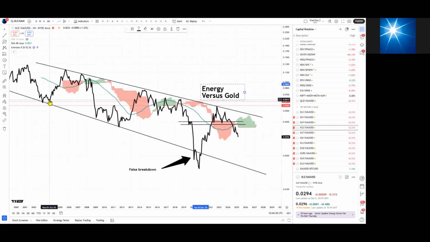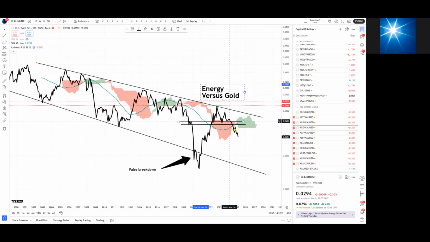Notice that during the last gold bull market, the ratio dropped for the first couple of years, but then it rose quite rapidly. So during the gold bull market, energy had its time to shine. Energy, of course, being one of the sectors that in a precious metals bull market is likely to outperform at some point. So energy actually outperformed gold for a while, and then it went sideways versus gold, and then it dropped again. And towards the end of the precious bull market, the ratio was back to close to where it started. So what you get really is a period of underperformance and then a period of outperformance.